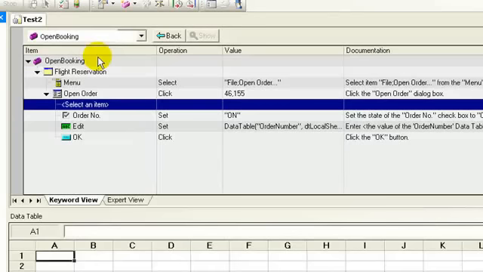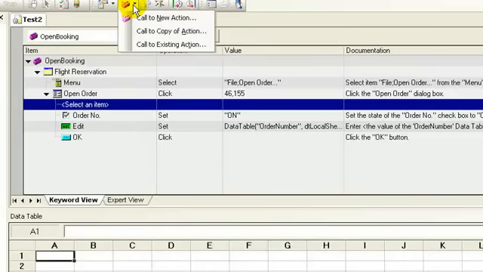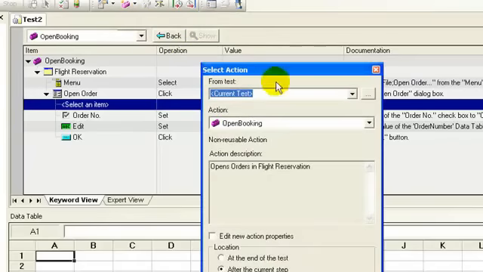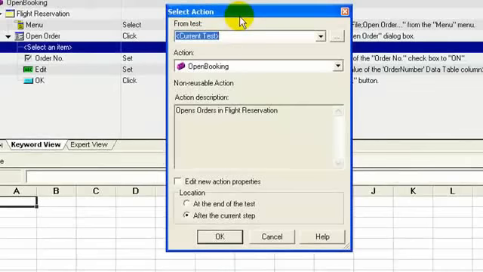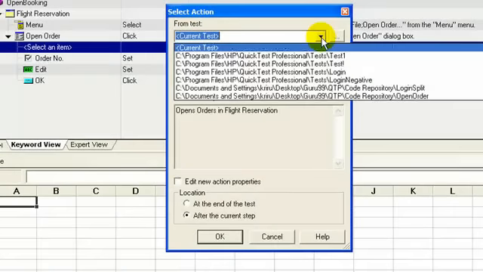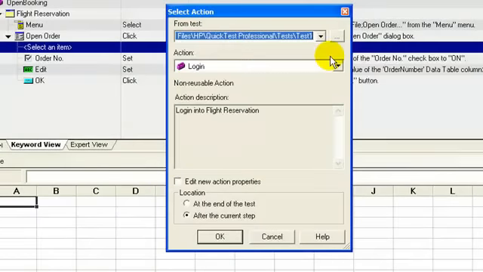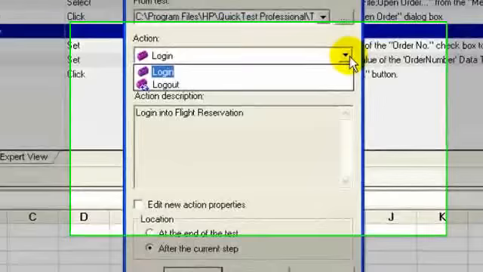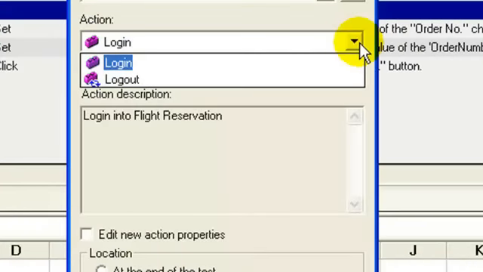In test 2, click call to copy of an action. The select action dialog box opens. Select the test as test number 1. All the non-reusable and reusable actions in test number 1 are populated in the action list.